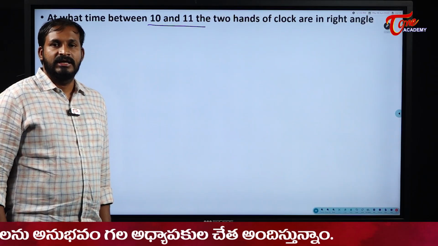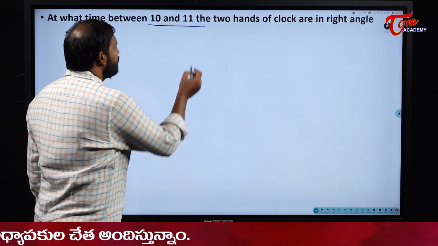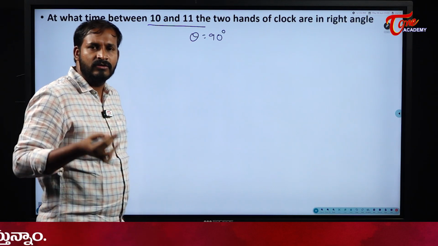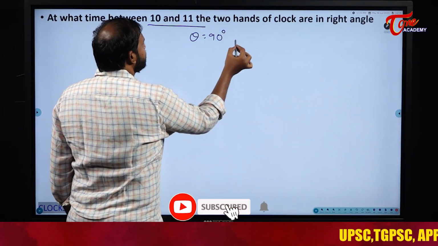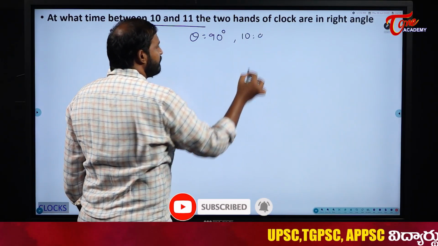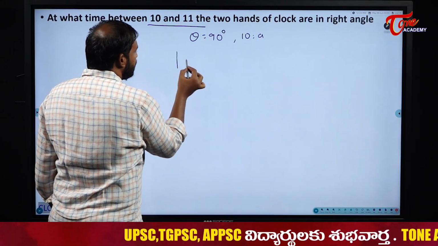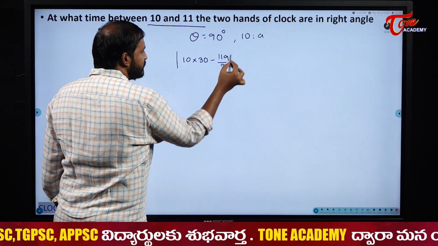Why? Because they will be in right angles 2 times. So, that means theta is equal to what here, students? 90 degrees. Right angles means we already know theta is equal to 90 degrees. So, 10 and 11 means how will you write the time? 10 o'clock A minutes. So, as usual we know how to write it: 10 into 30 minus 11A by 2 is equal to